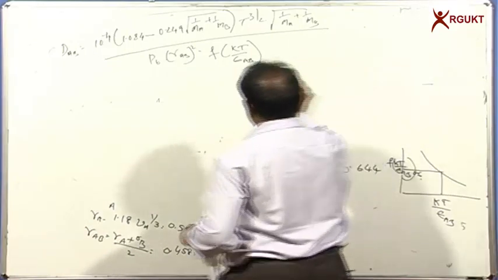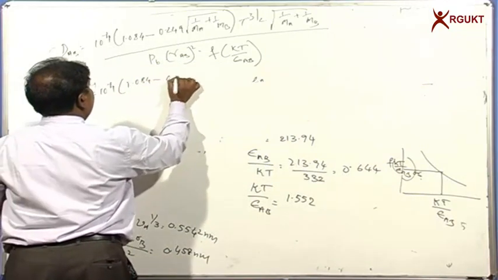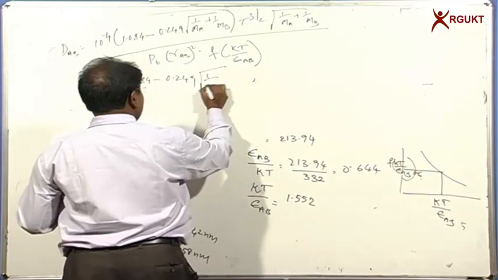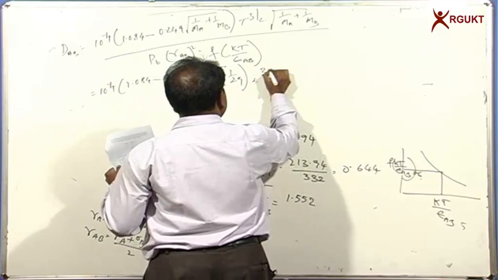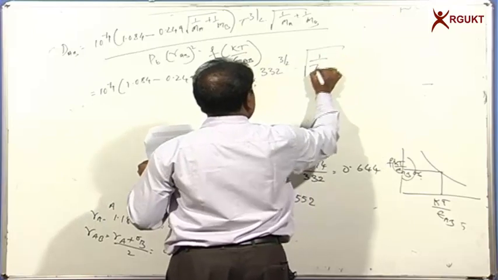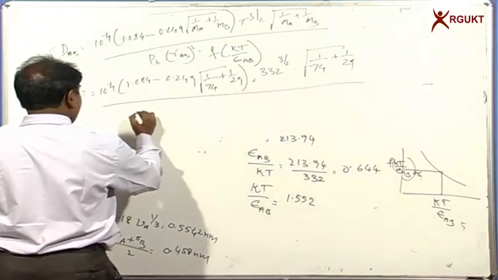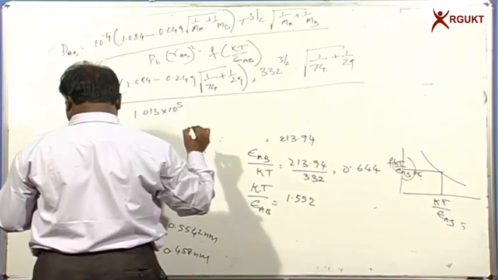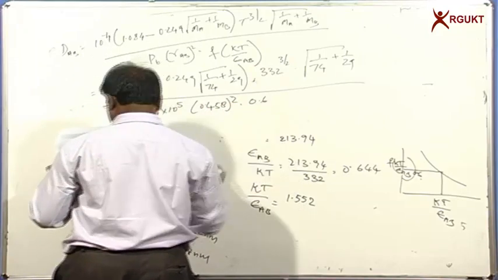When you substitute these values: 10 power minus 4, 1.084, 0.249, square root of 1 by 74, 1 by 29, T to the power of 3 by 2, 332 to the power of 3 by 2, divided by PT, 1.013 into 10 power 5, 0.458 square into 0.6,